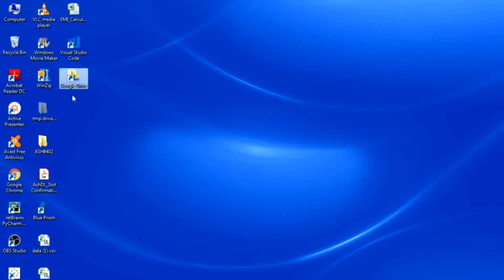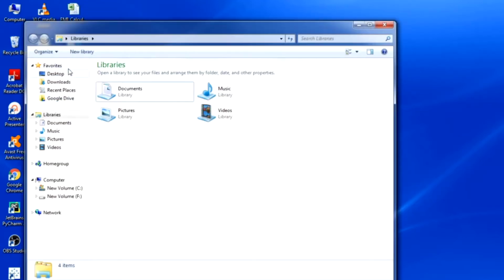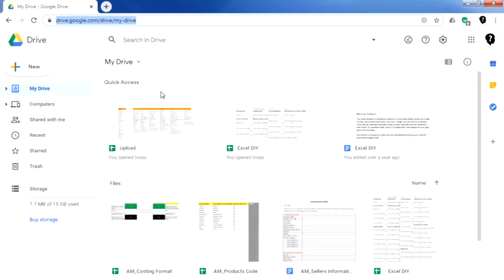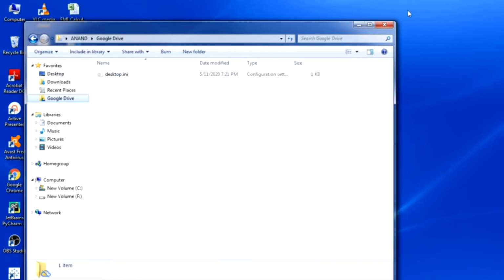As soon as I press start, it has created a shortcut on the desktop, and the folder has been created in my favorites. That will have all the files that are present on my drive. For example, here you see the upload, Excel, and other files. Depending upon the network speed, once syncing starts, all the files will be available offline for me to work on. Here the Backup and Sync icon will show